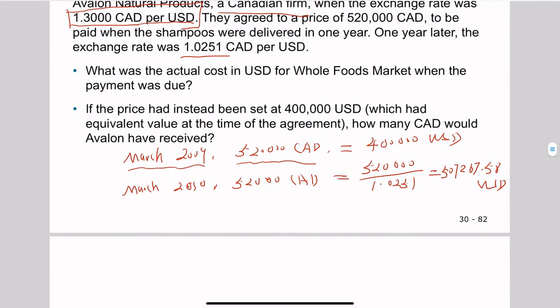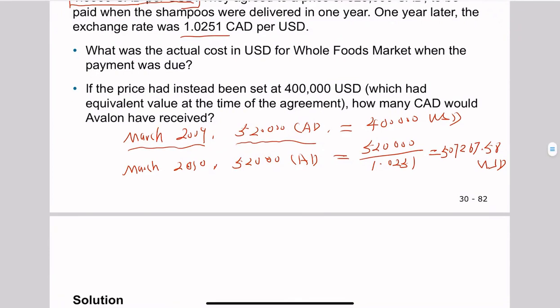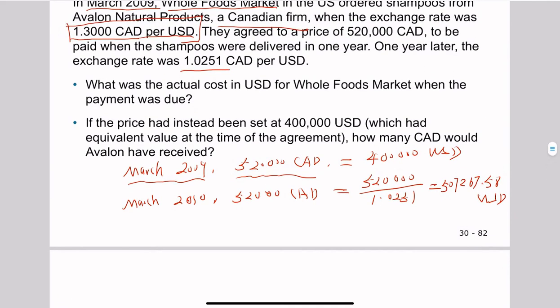Now, the second question is, if the price had instead been set at 400,000 USD, how many CAD would Avalon, the Canadian firm, have received? So in the second case, this transaction is denominated in US dollars. And what you can see here is, if it's denominated in US dollars, it means after 1 year, this Canadian firm will receive exactly 400,000 US dollars. And then it will exchange this 400,000 US dollars into Canadian dollars using this market exchange rate, which is